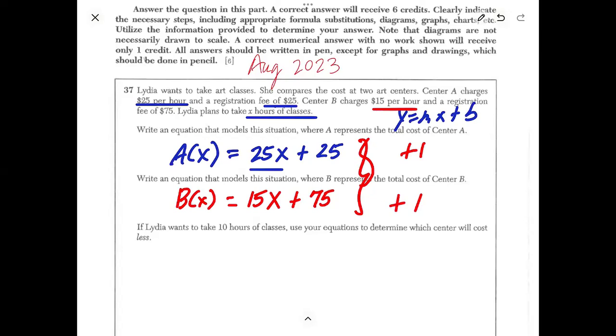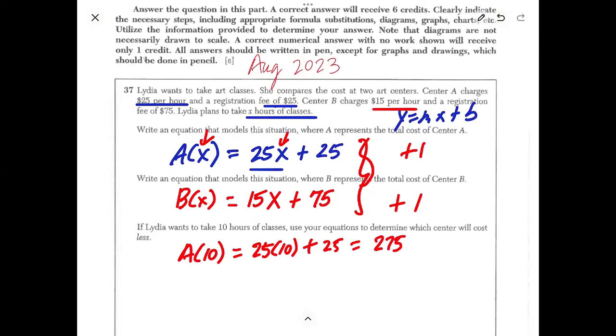Now, it says if Lydia wants to take 10 hours of class, use your equations to determine which center will cost less. So basically all you're going to do is go A sub 10, put that input in. So it's going to be 25 times 10 plus 25. All I'm doing is replacing the x with 10 here. So that's going to be 250 plus 25, which is 275. So for 10 hours, it's going to cost her